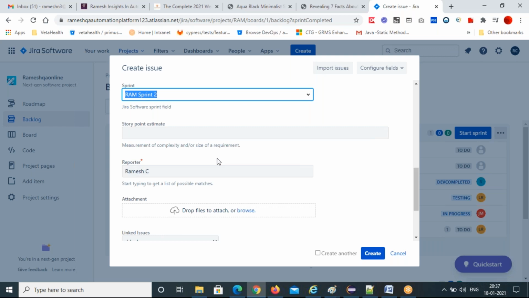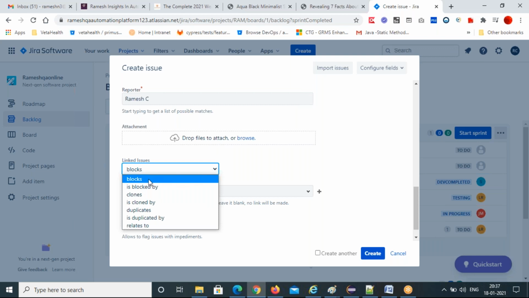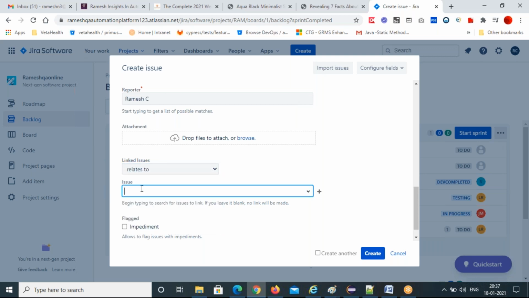Then the reporter, your name will come, and you can attach any screenshots. Take a screenshot and attach it here. Linked issues. You can link. This issue is blocking some functionality, is blocked by, clones is cloned, relates to. You can say relates to this, and give which use case or requirement this issue belongs to.